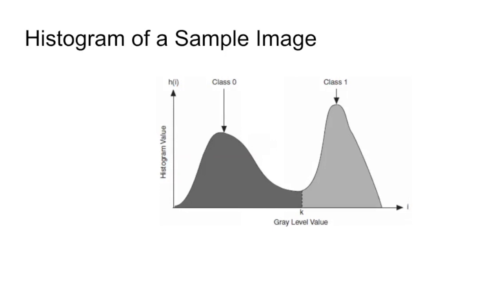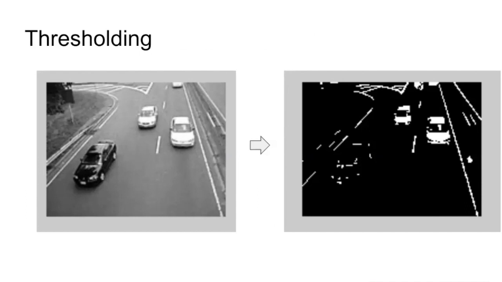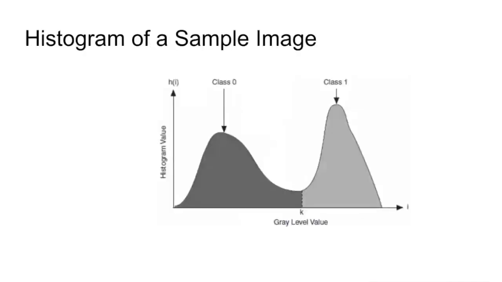And this is how the histogram of a sample image would look like. In this case, for example, there are different grayscale levels. Over here, we have grayscale levels from 0 to 255. What our histogram is telling us is how many white pixels there are in this image, and how many black pixels there are in the image. What we are saying is there are some black pixels and there are some pixels which are more white.